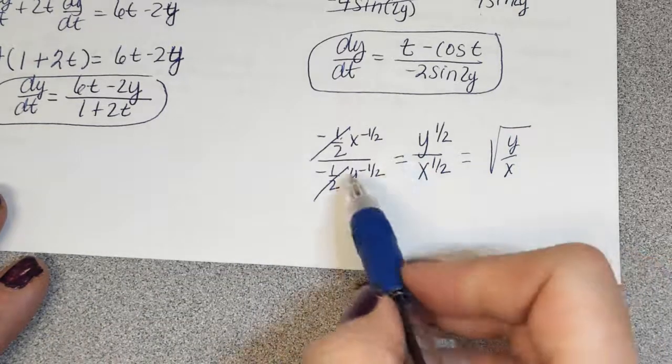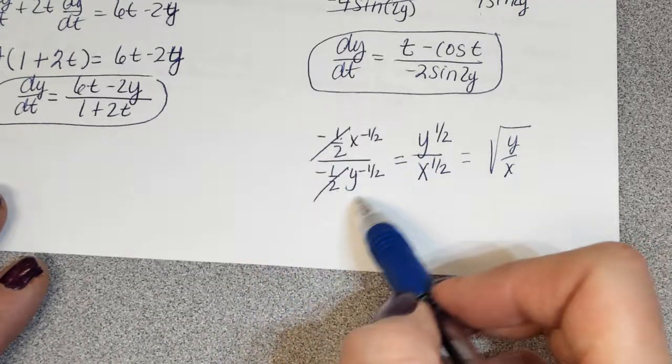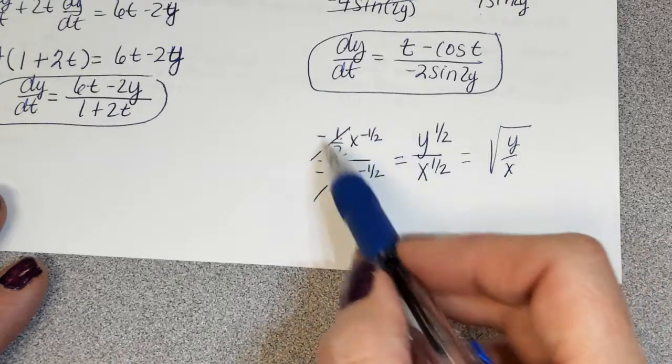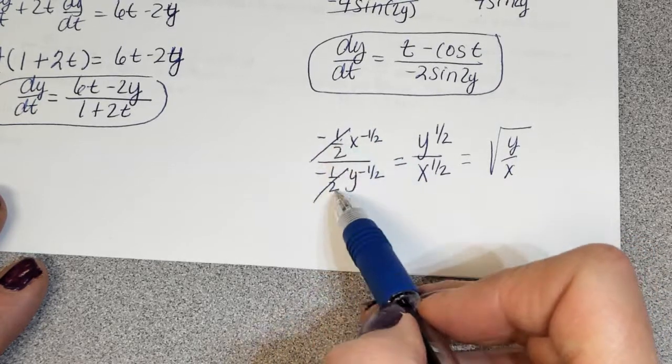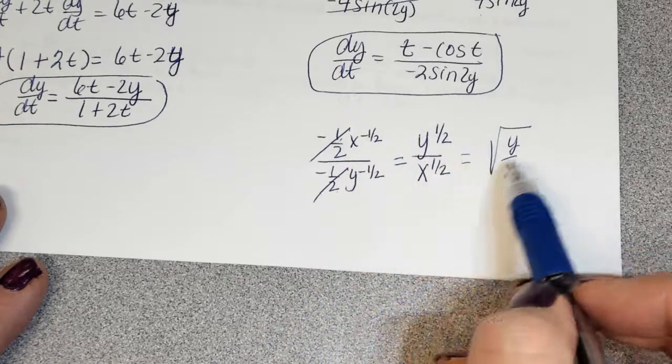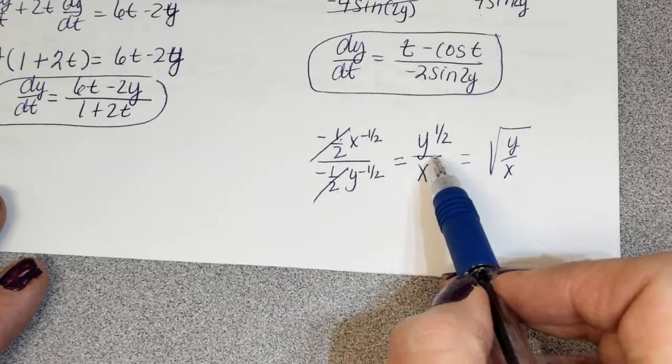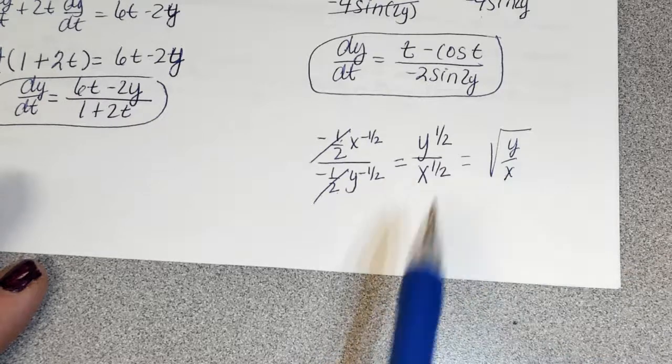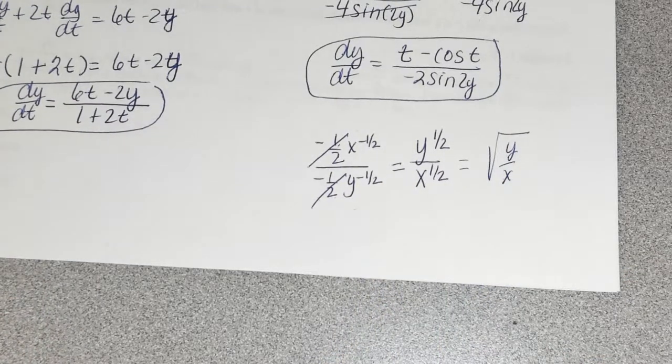Okay? So when you get things like this, don't just stop and say, I don't know what to do with that. Think about it. You're just dividing these two, and then to change a negative exponent into a positive, you switch the position, and this is equivalent to that. They mean the same thing. All right. Any questions? It's not difficult. It is something you've got to